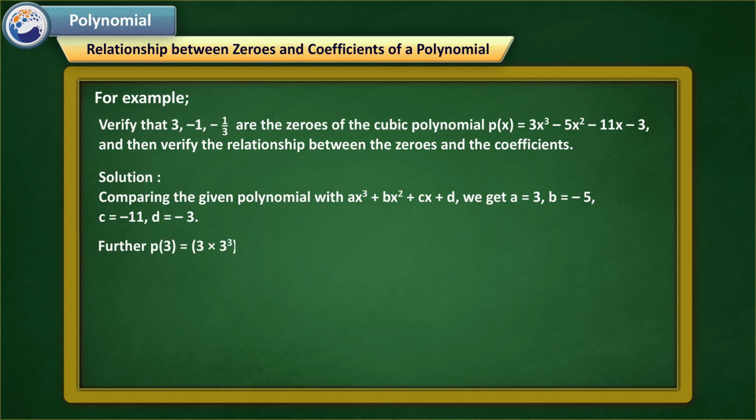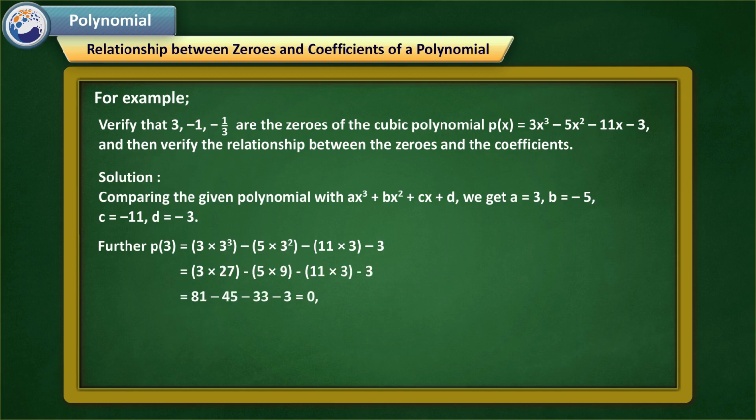p of 3 is equal to 3 into 3 cubed minus 5 into 3 squared minus 11 into 3 minus 3, that is equal to 81 minus 45 minus 33 minus 3 is equal to 0. P of minus 1 is equal to 3 into minus 1 cubed minus 5 into minus 1 squared minus 11 into minus 1 minus 3, which is equal to minus 3 minus 5 plus 11 minus 3, which is equal to